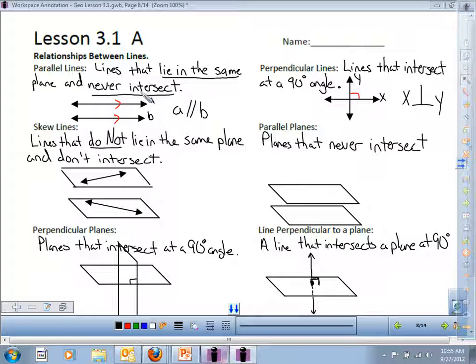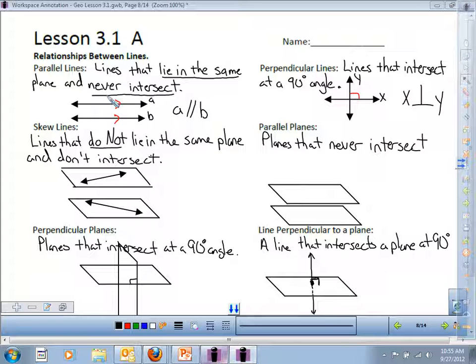Today, this video will discuss lesson 3.1, which talks about some of the relationships between lines and planes that we will have throughout the geometry class this year. These are some big, very important geometry terms, the first two especially. When we talk about parallel lines, if you need to, you can pause this video and get all these definitions